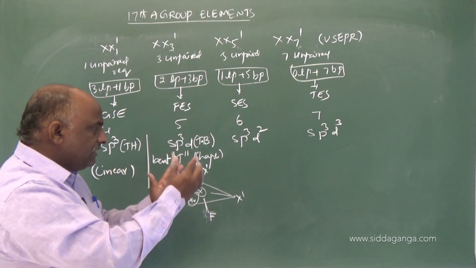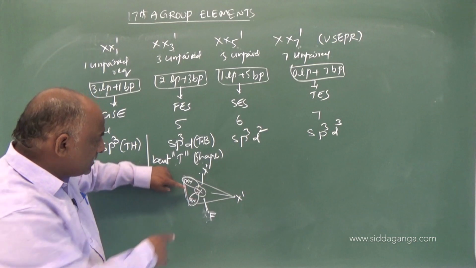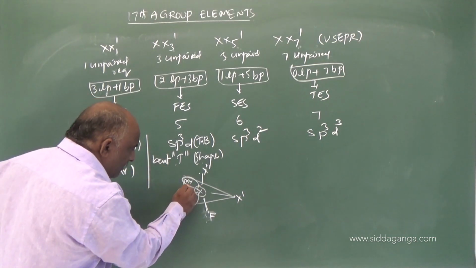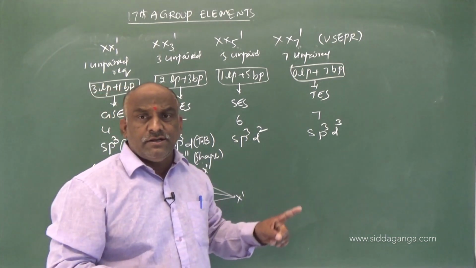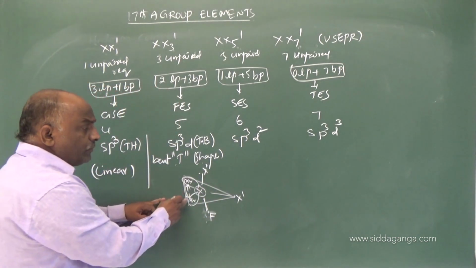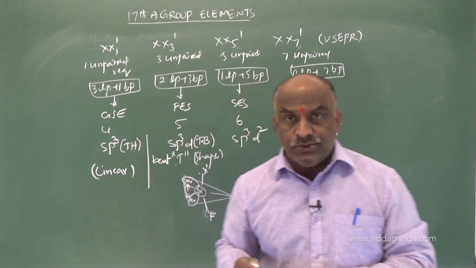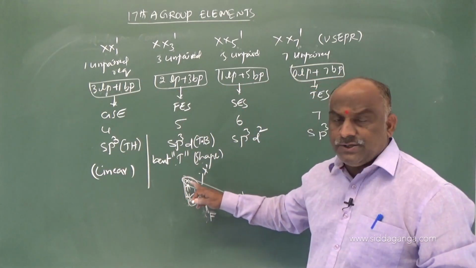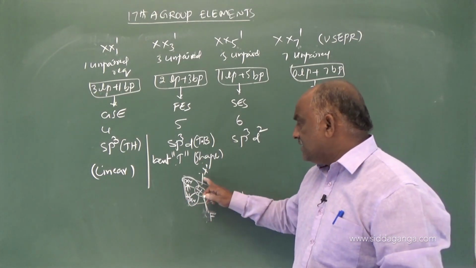So it appears as a bent T shape. Bent means it moves a little bit in the opposite direction of the lone pairs, because these 2 lone pairs repel each other. To minimize the repulsions only, these lone pairs occupy equatorial positions. Very important point: lone pairs occupy equatorial positions only, to minimize the repulsions. So here, bent T shape.